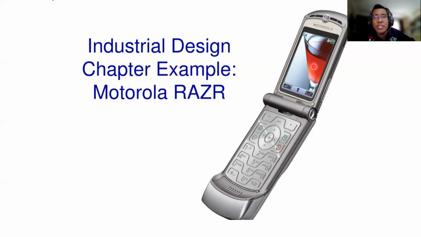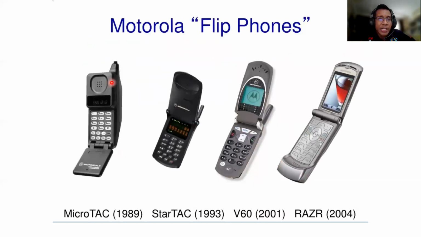So this is a 2004 phone, not today, because today they all use touchscreens. But I use this one as an example because this is a very good example of product improvement from Motorola. So you can see here they developed from 1989, and then 2004, and now we have a flat screen, touch screen. So there is rapid development in the phone.